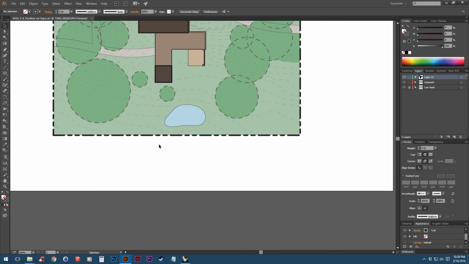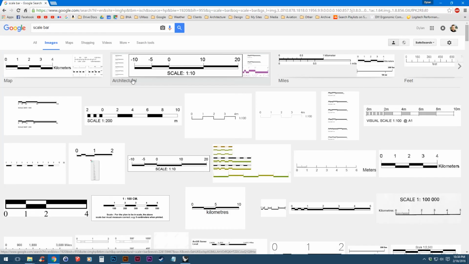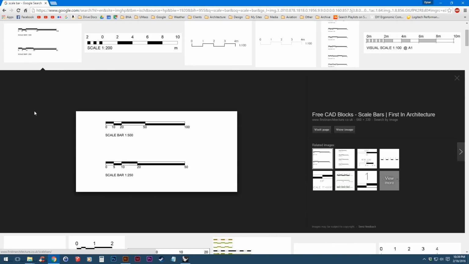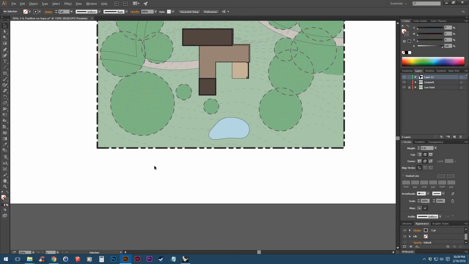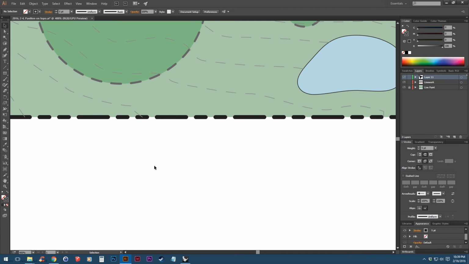Another thing is drawing a scale bar. So a scale bar will usually look something like this. Just have more of a visual layout. So in case later down the road your drawing's proportions or your size get changed, you can always use this scale bar as like a visual reference to see how big something is. So one way you can draw that scale bar, since our drawing is in 16th scales, basically 1 inch will be 16 feet. So I'm going to get the rectangle here, change our fill color to black, and I'm just